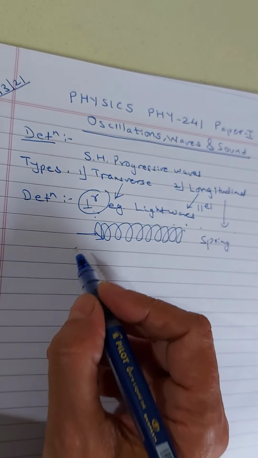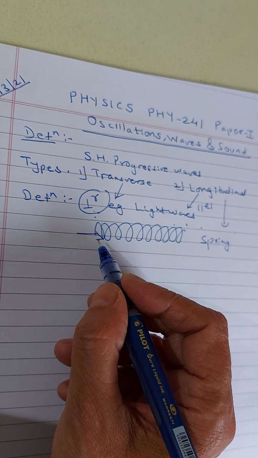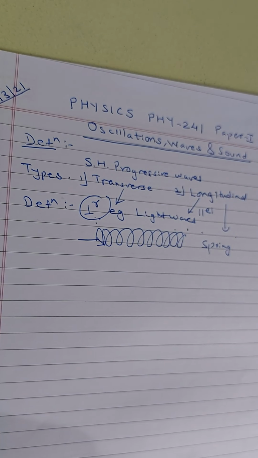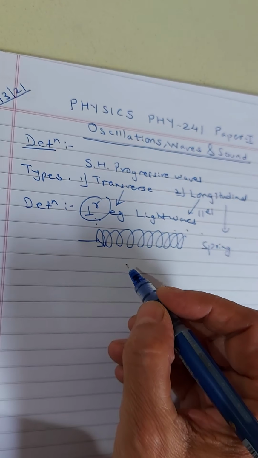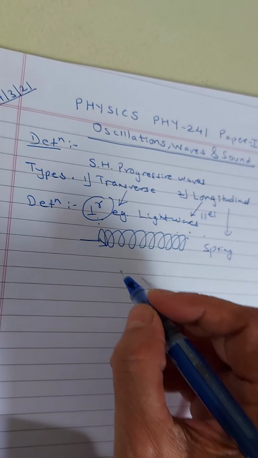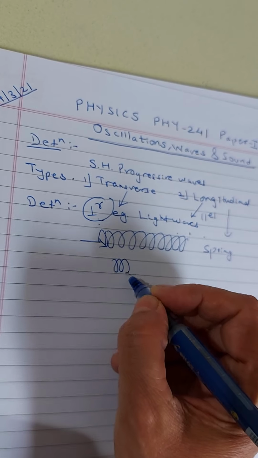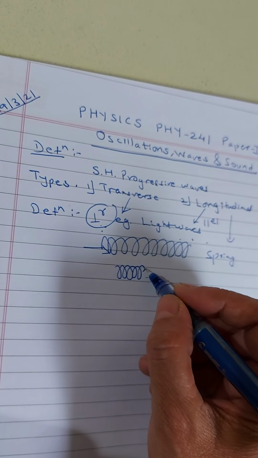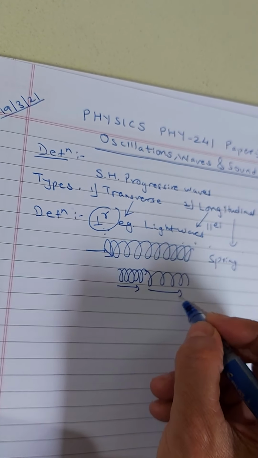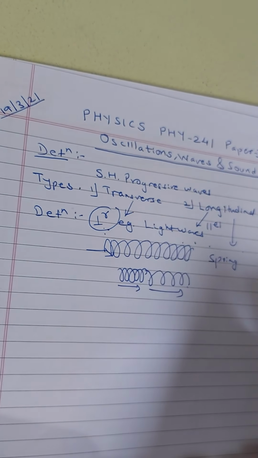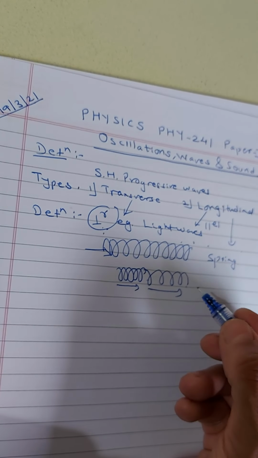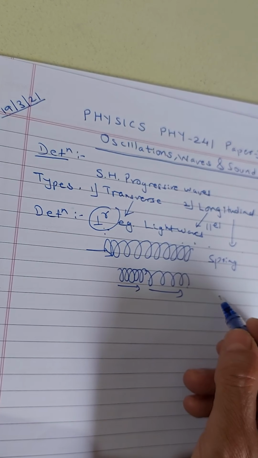But as you start moving this spring forward and backward, back and forth, you will be able to observe what is called compression and rarefaction. This is my compression and this is the rarefaction. So compression, rarefaction, compression, rarefaction, the pattern will be repeated. This is the best example which you must have come across many times as far as longitudinal waves are concerned,